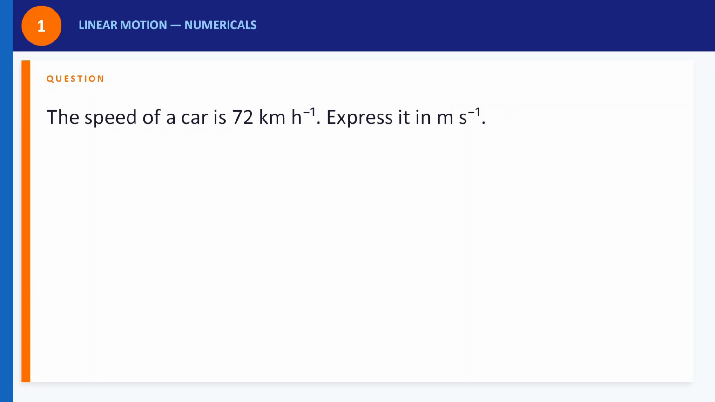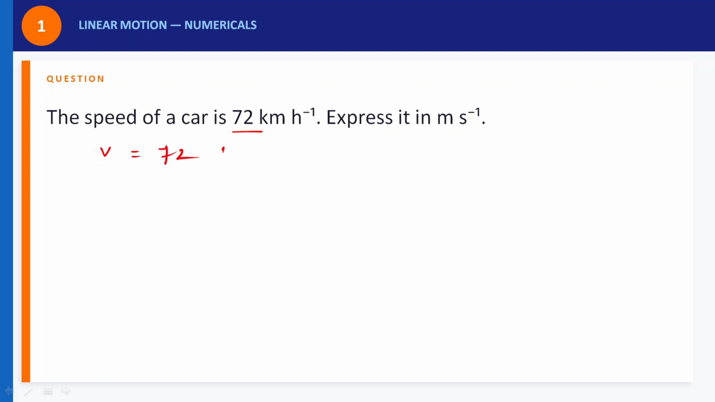This is the first question we are going to solve. A speed of car is 72 km per hour. Express it in meter per second. This is the given speed, so I will write V equal to